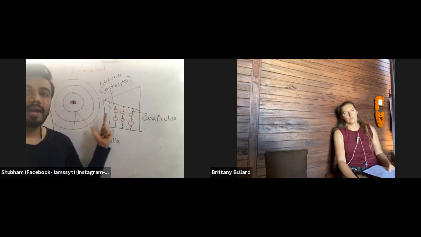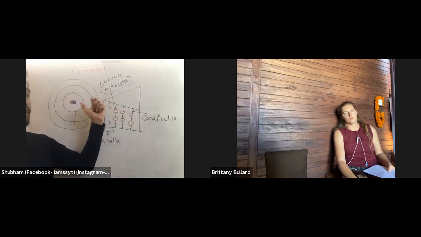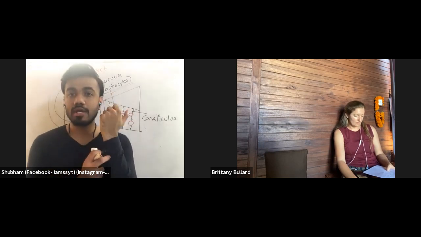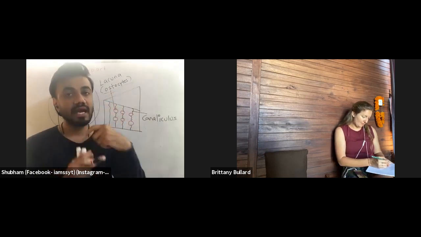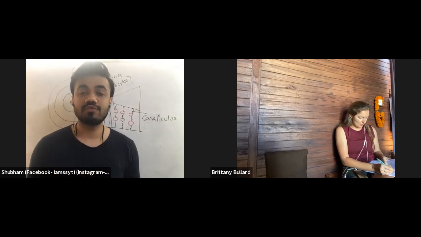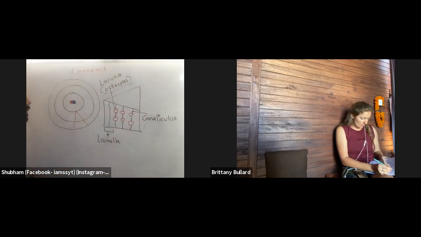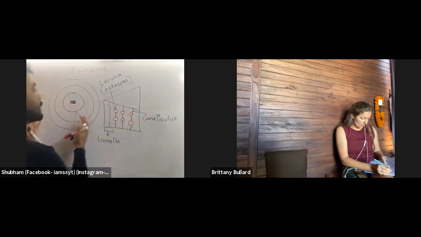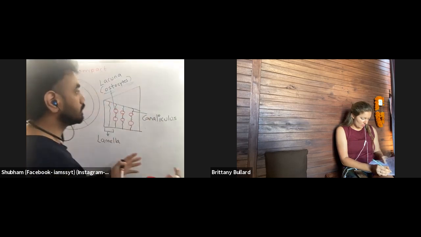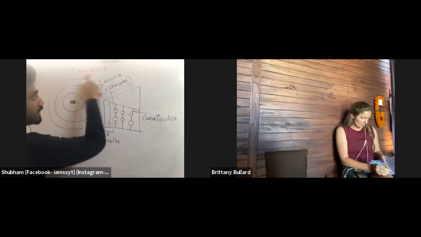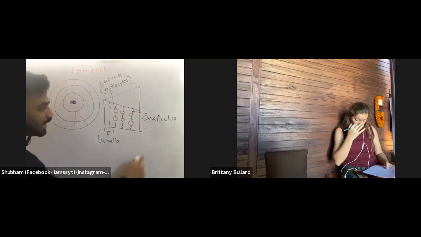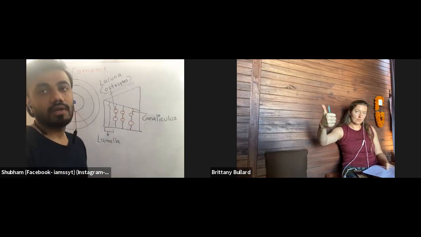This is the microstructure of our compact bone, the harder one. Now, more deeper inside, we will have a spongy bone as well, as we have seen. The spongy bone is located at the top in the long bone diagram before. So how is this compact bone different from a spongy bone? That will be seen. Now I will erase this and we'll write down the spongy bone.